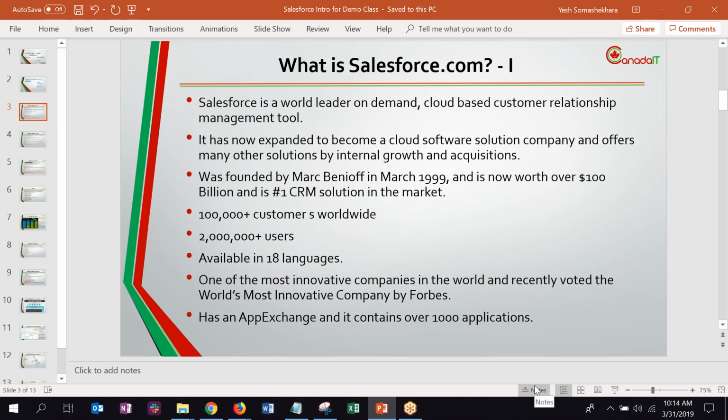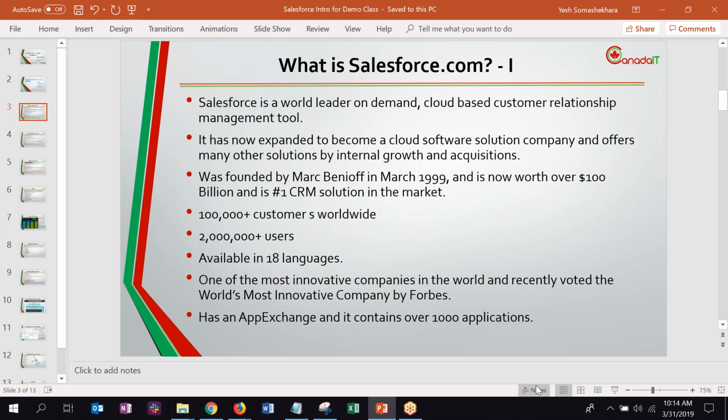CRM is an application where you track your interactions with the customer or a prospect, and it's used by almost all of the big companies and medium-sized companies. This is more prevalent in the Western markets because their growth rate is much lower than, let's say, India or China, and a lot of companies are competing for the same customer.